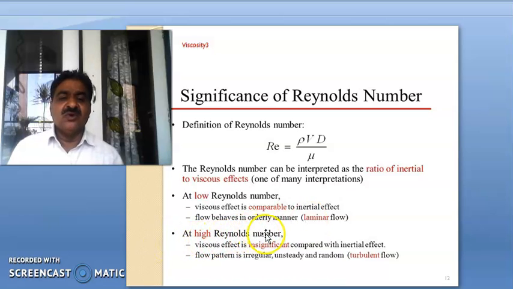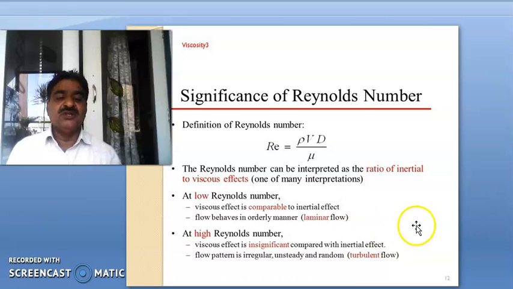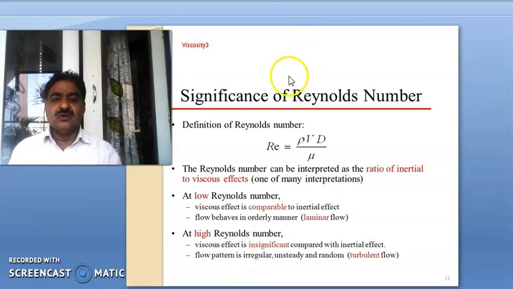Whenever the Reynolds number is high, it means density is more, velocity is more, and so on. The viscous effect is insignificant compared with the inertial effect. The flow pattern is irregular and unsteady, and we say it is turbulent. So from this